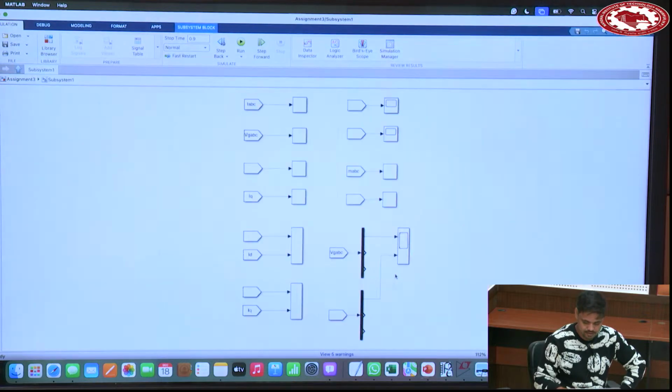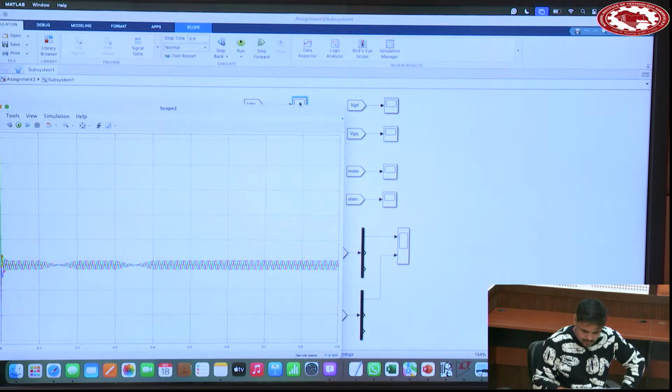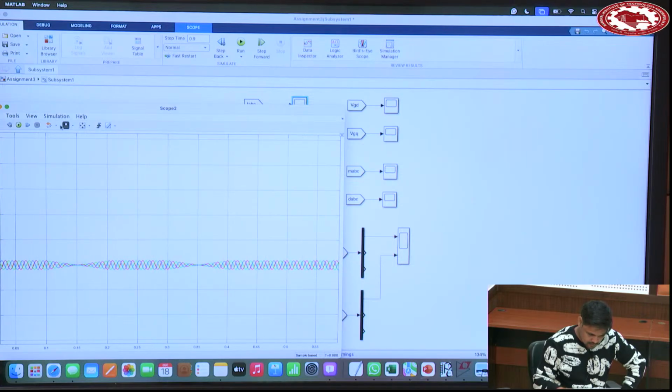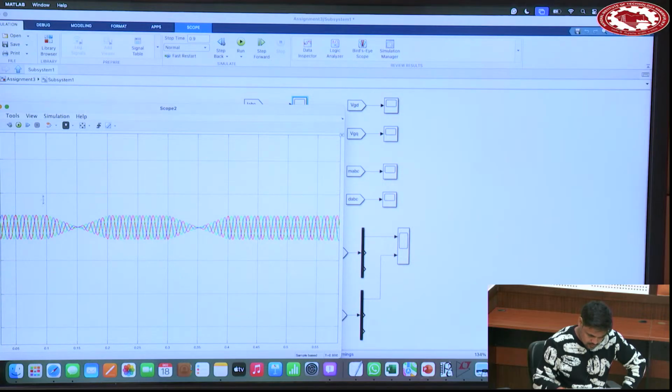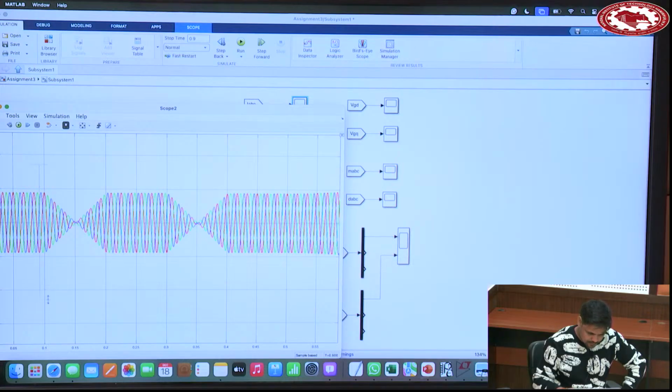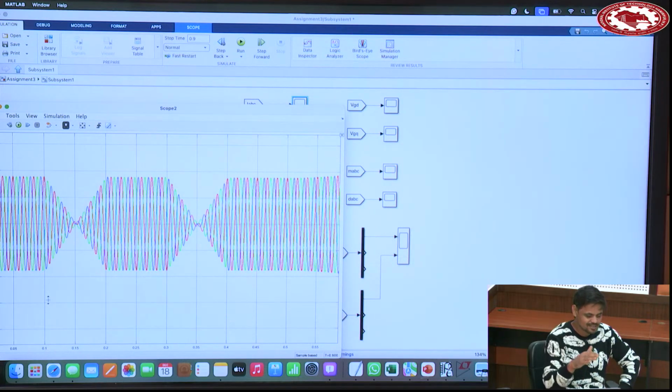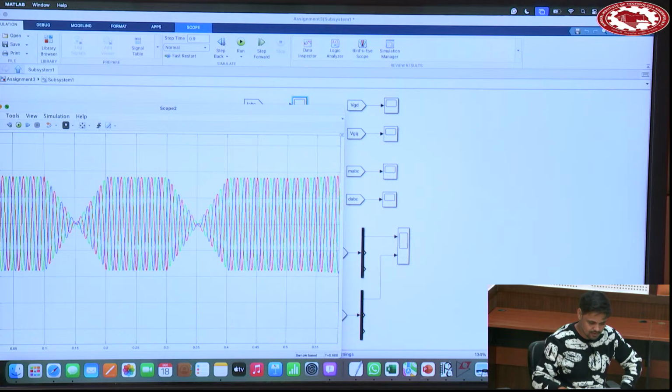Okay, the simulation is complete. You see, according to the command, the current is changing its direction. For the initial phase it was positive, then negative, then again positive. It is changing. If you see it along with the voltage,